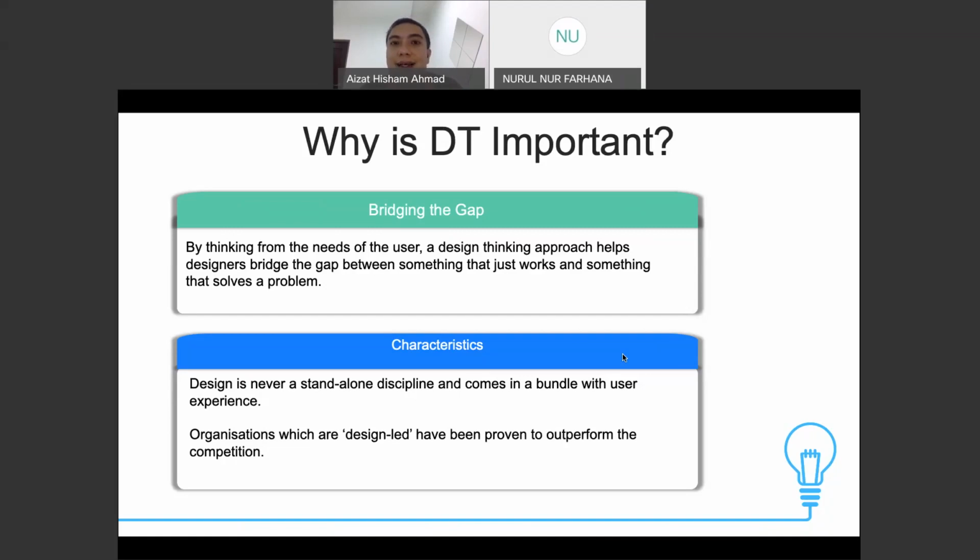Okay? And again, if you Google DT, design thinking, you would find a lot of items that you might not be familiar with, such as the UX term. Okay, UX is basically user experience. All right, UI is user interface. So those who are in computer sciences or engineering might be quite familiar with the term.